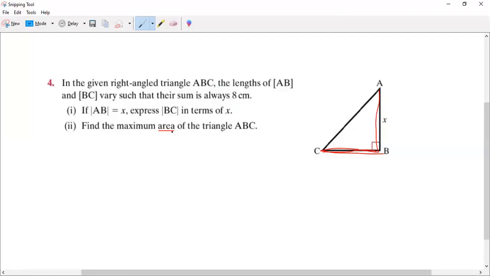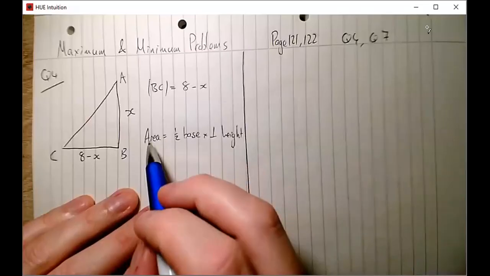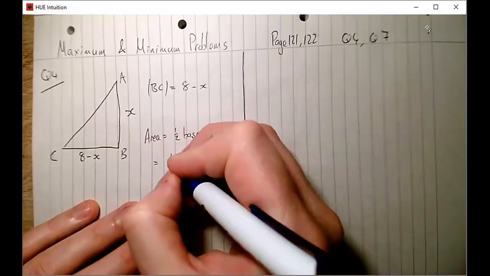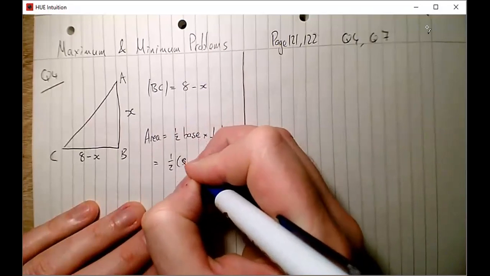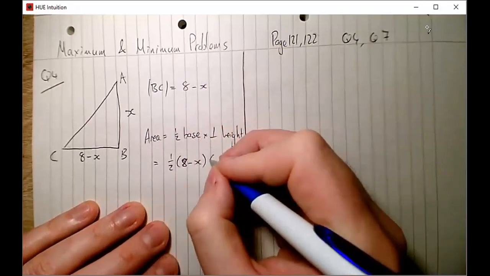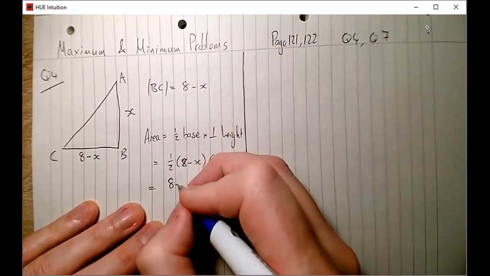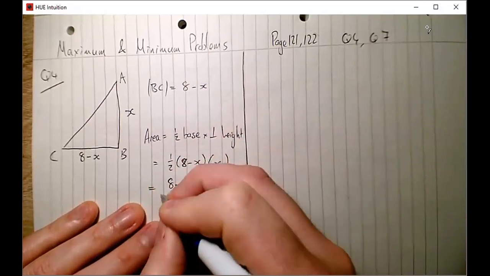Find the maximum area of the triangle ABC. Okay, so find the maximum area. The first thing we need is an expression for the area, or an area function. Well, we know that area of a triangle is half the base times perpendicular height. So that's a half of 8 minus x times the perpendicular height of x. So our area function looks like this: 8x minus x squared over 2,